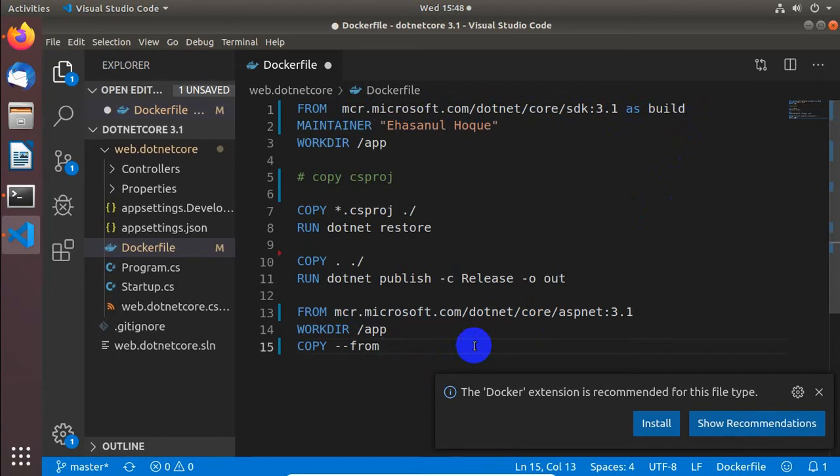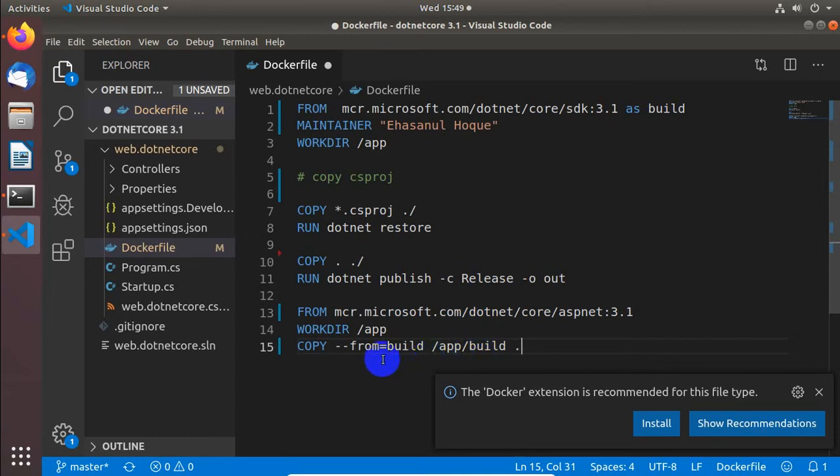So here from build, basically within the build image, the binaries are stored under the app build directory, sorry, it will be out, to the current directory.